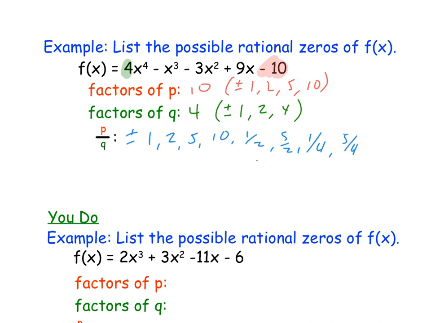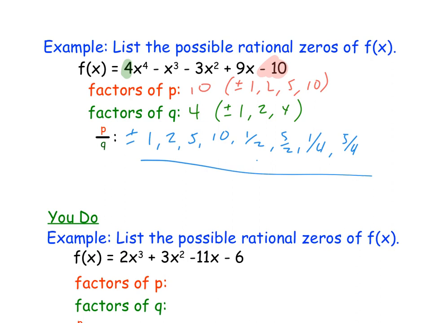And then 10 divided by 4 would reduce to 5/2, which we've already got on our list, so I'm not going to write that again. So here are my possible zeros for this problem. Again, that's the possible solutions for this problem. So I have 1, 2, 3, 4, 5, 6, 7, 8 numbers times 2. So there's 16 numbers, so 16 suspects. And remember that there should be 4 answers. So 4 of those 16 numbers will actually be